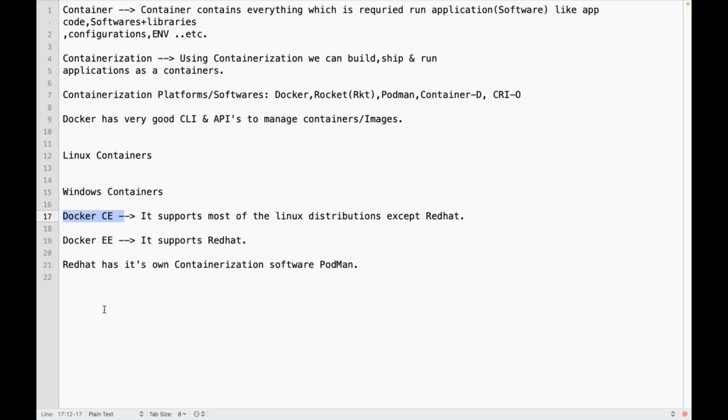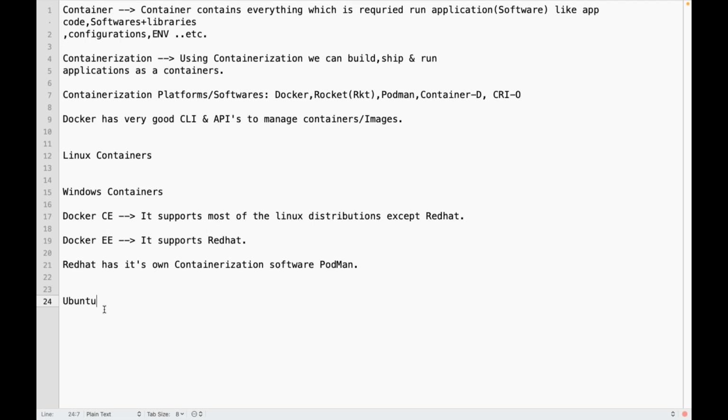So instead of Red Hat, I can go with Ubuntu. Whether I am using Ubuntu, Red Hat, CentOS, or Docker in Windows, does the concept of Docker change? Based on the operating system, does the concept of Docker change?